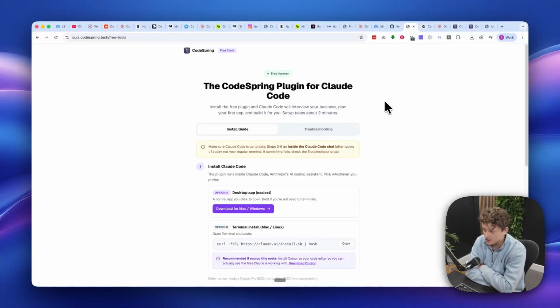So what I wanted to do is walk you through, we've created a plugin that is going to interview you on your business. It's going to understand your business, your problems, things that you do for your customers, and it's going to come up with an option of a product that you could build